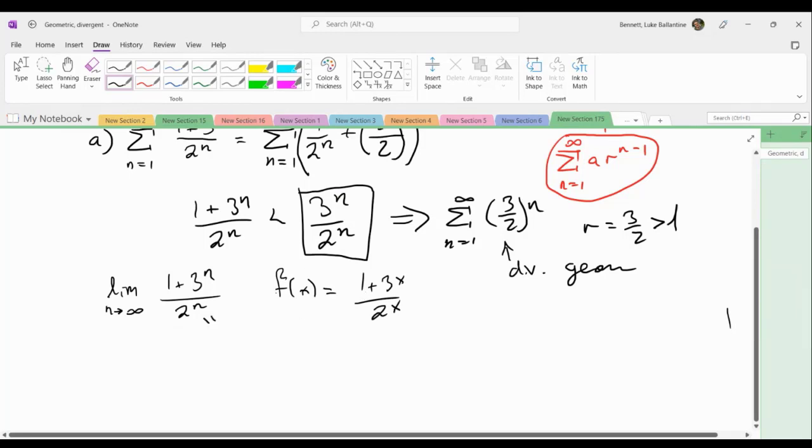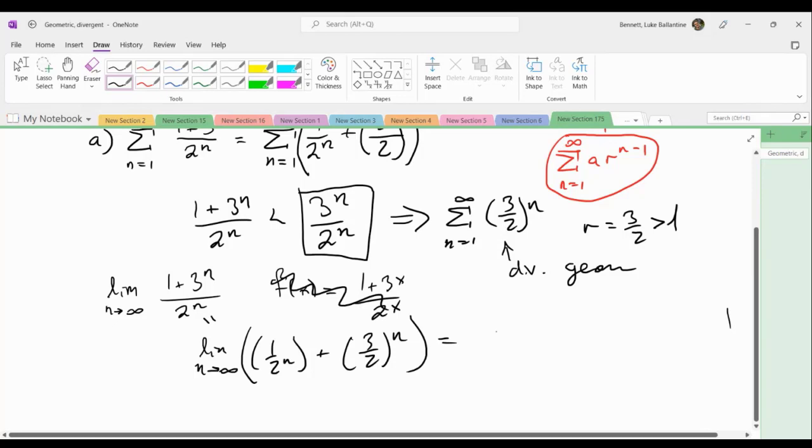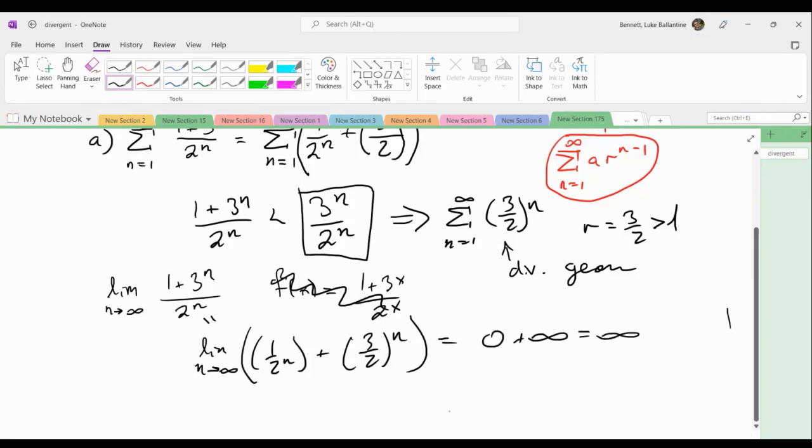Or we could just split this up. Scratch this. We could split this up. Limit as n goes to infinity, 1 over 2n plus 3 over 2 to the n. And then this is 0 plus infinity, which is infinity. So by the divergence test,